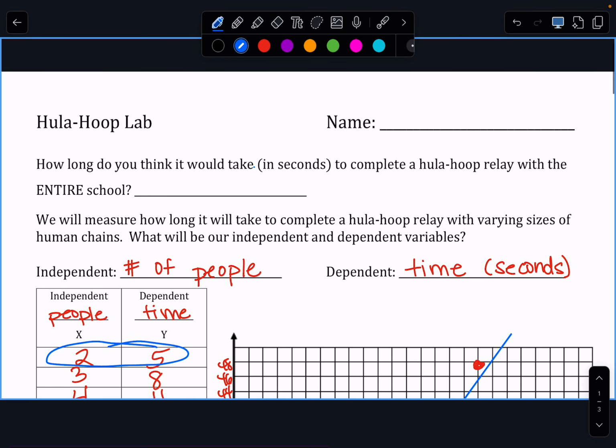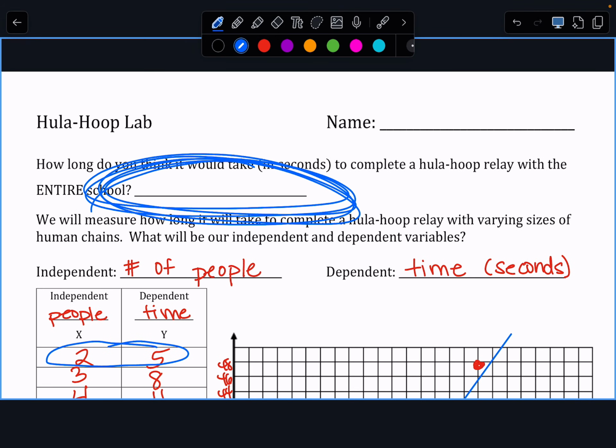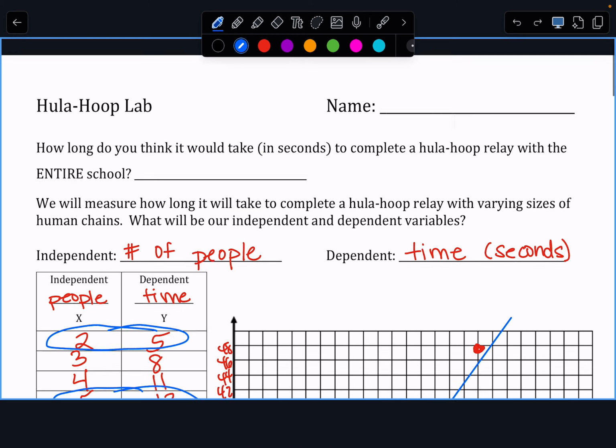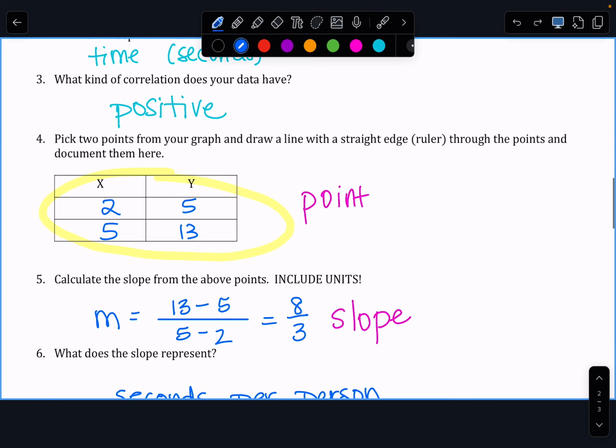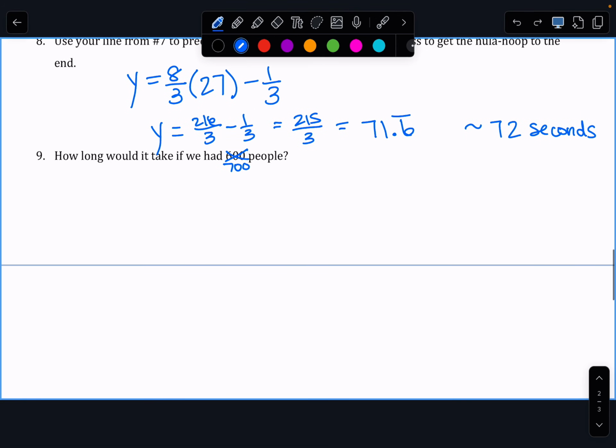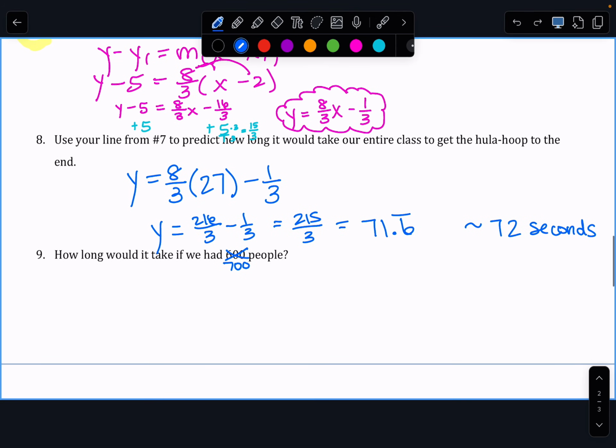What did you guess right here? 8,600 seconds. All right. What did you guess? I guessed 1,800. Okay. So if we plug in 700,